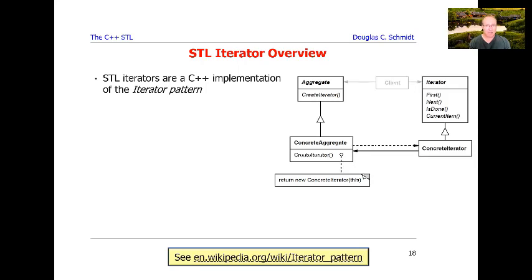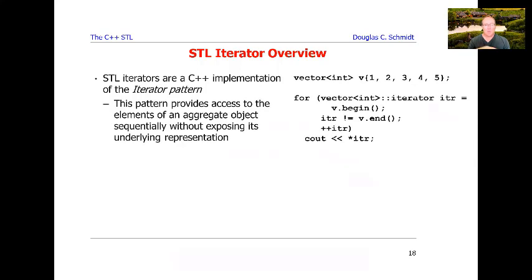And we'll talk a lot about that because that's really very important to understand to make any sense out of STL algorithms, is to understand the different categories of iterators. So we'll talk more about the pattern later, but the key point is that someone's thought about this for a long time and it's been documented in the form of a pattern. What this pattern does is it allows client code, applications, or code that's using the iterator pattern, as opposed to code that's implementing the iterator pattern, to access all the elements in an aggregate, in a container, sequentially without exposing